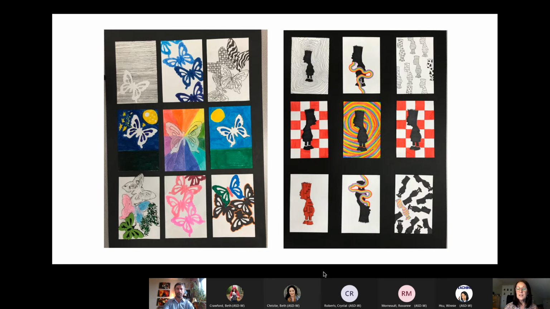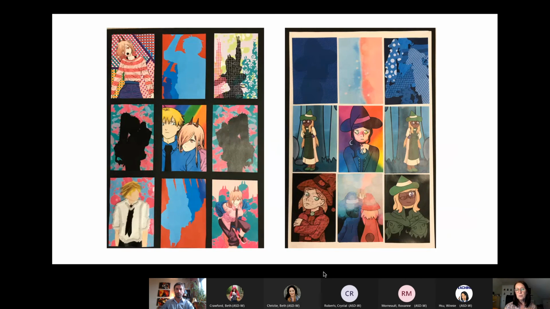But what got really interesting is we had been doing these projects mostly as hands-on drawing, like trace the image onto your page and then figure out how you're going to manipulate it that way. And some of the students who are already pretty tech savvy decided that they wanted to actually do the whole design with their device using either apps that they were familiar with, or the last couple of years, EECD has